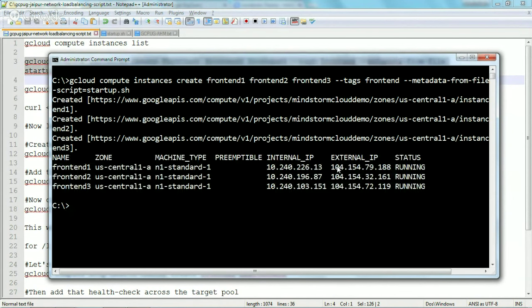So see what has happened. It's gone ahead and created it, and it's also given me that there are 3 instances that are running right now, and they are running in that zone. This is the machine type, and it's got an internal IP also and an external IP also, and the status is running. So what this means is, if I do a curl on,